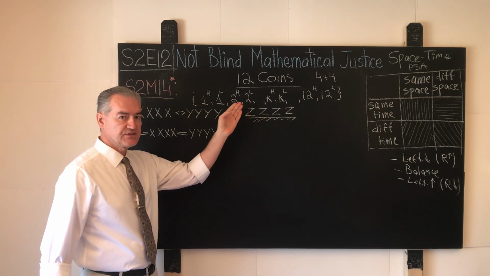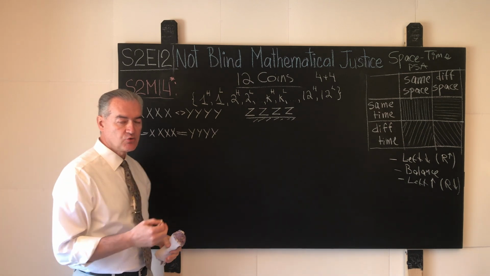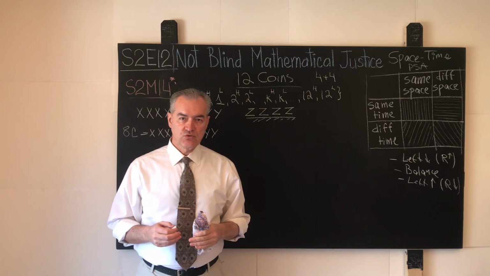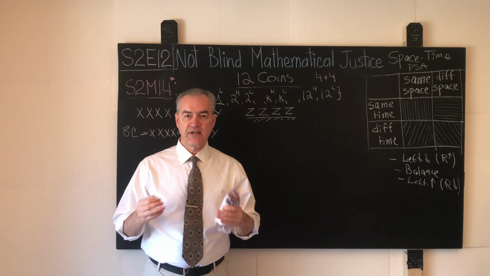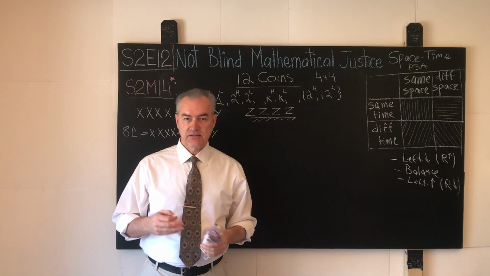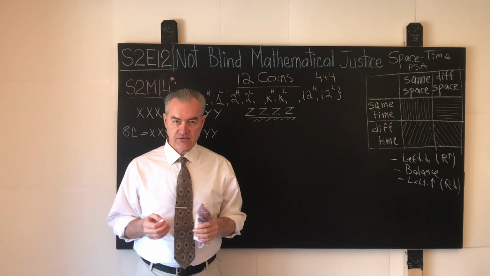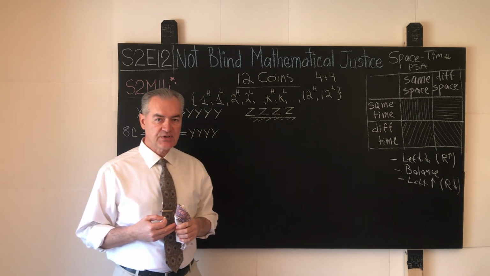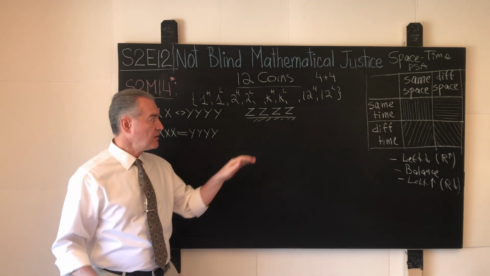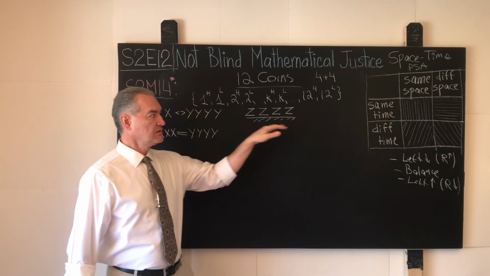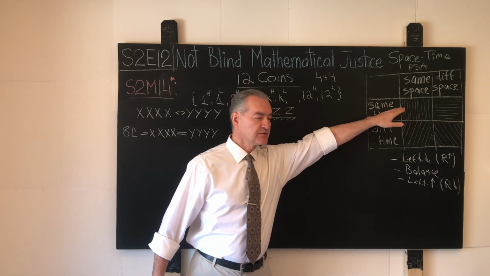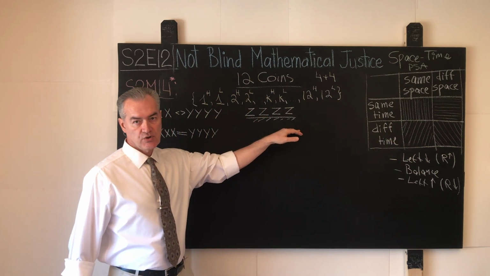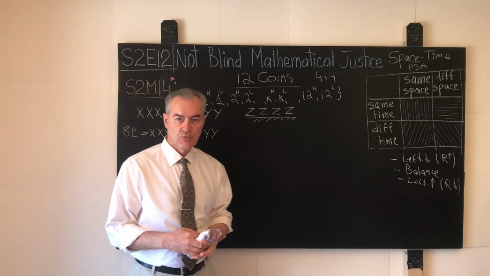4 times 2 is 8. We have a demand to produce 8 units of information, but we know that theoretically we can do no better than 3 squared, 9 units of information. 8 is less than 9, so at least there is a theoretical hope. That is why we proceeded with that specific partition. But now comes the question, how do we design the same time, same space distribution of these 4 coins so that we solve this problem in precisely 2 weighings?